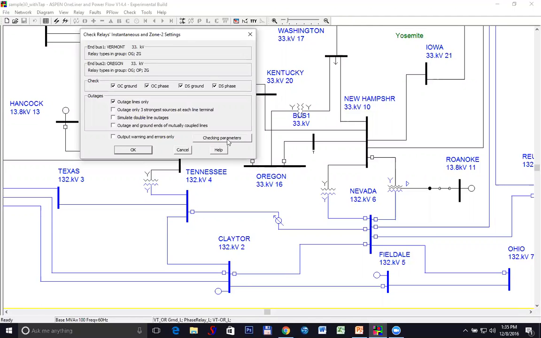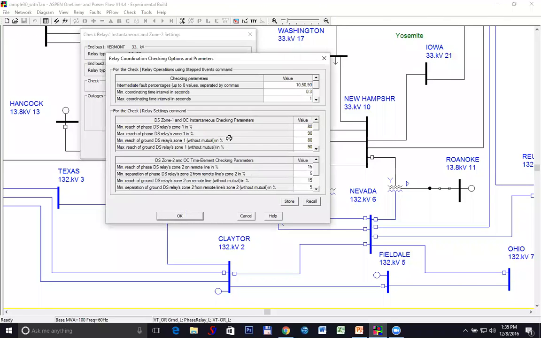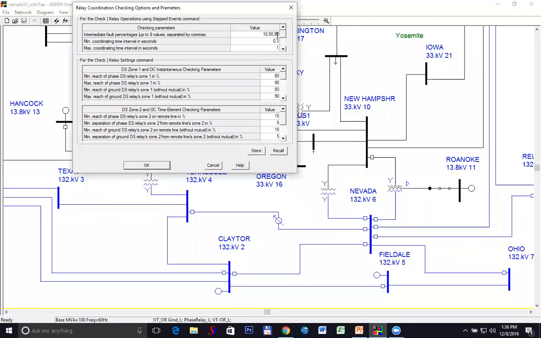Now I want to show you this command called checking parameters, because we're hiding a lot of the things back in this part here. I know this is hard to read, but I will only explain the functionality of these, and I won't go into them in great detail. The top box, which I'm pointing at, contains the parameters for checking the relay coordination using step events.